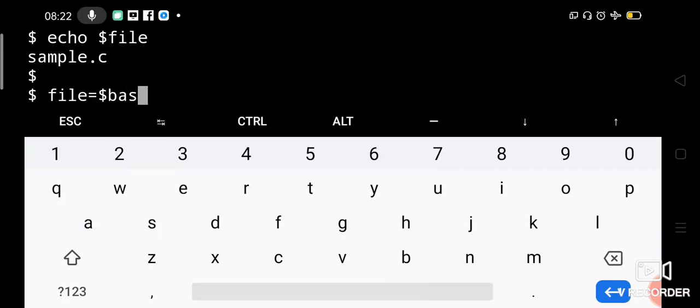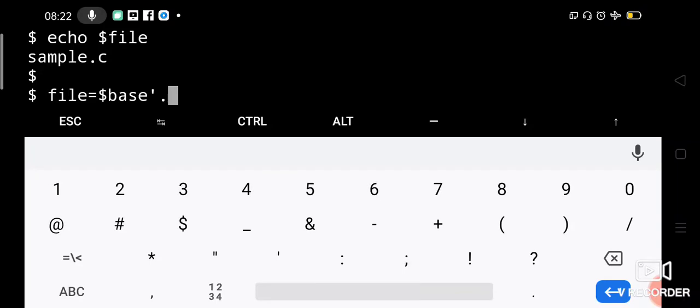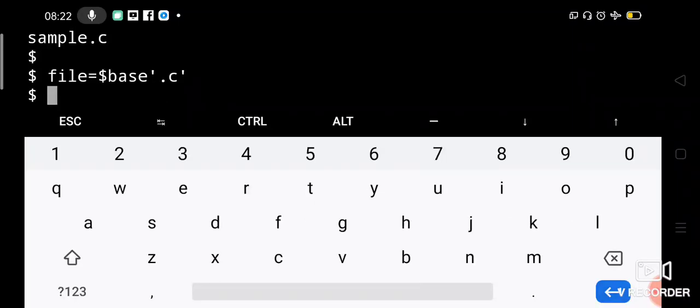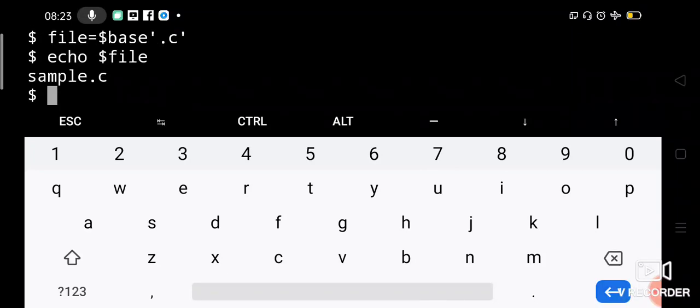File equal to $base, and within single quote you can say .c. Now the value of base and .c should be concatenated. Let us check the value of file. Yes, it is sample.c, right?